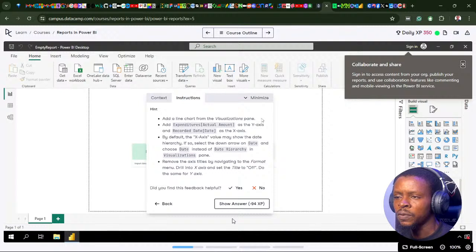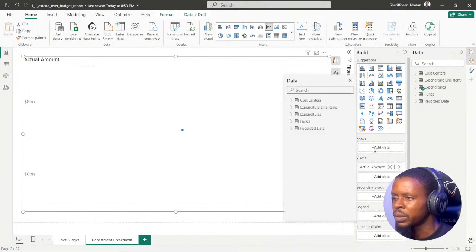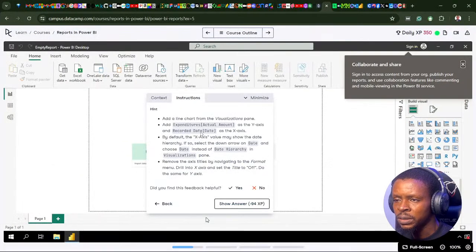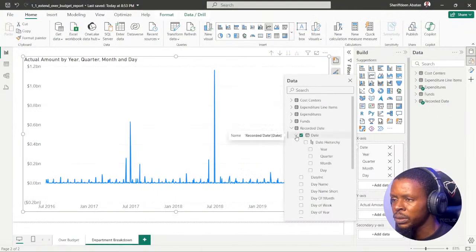So it says add a line chart from the visualization pane, add expenditure actual amounts on the y-axis and recorded dates as the x-axis. So when we're looking at the recorded dates, let's do it one more time. It says recorded dates. And for that, it says dates. How do you get that? By default, the x-axis value may show the date hierarchy. If so, select the down arrow on dates and choose date instead of date hierarchy in the visualization. Okay, so select the down arrow on dates